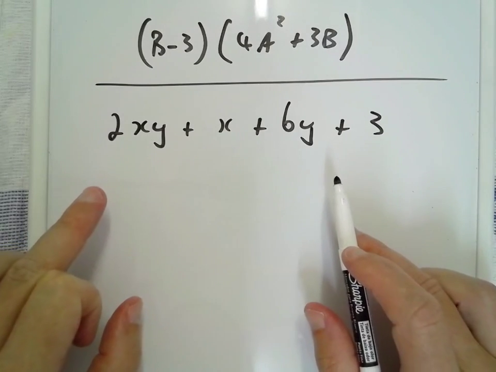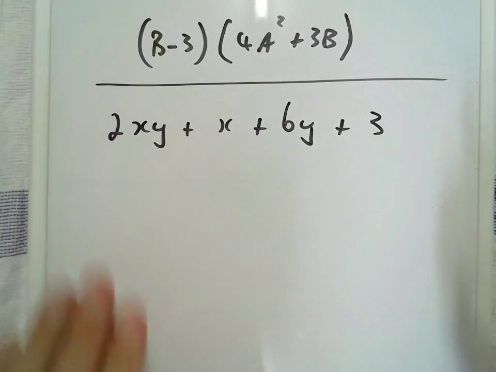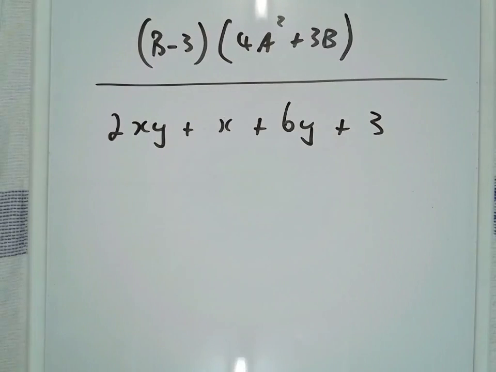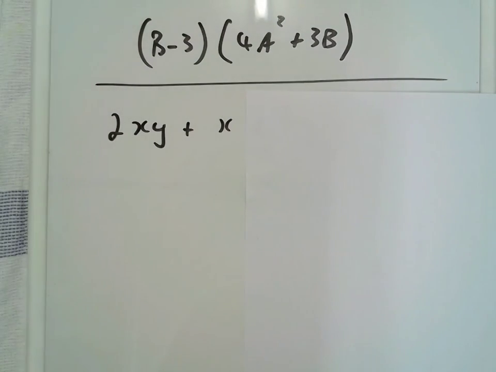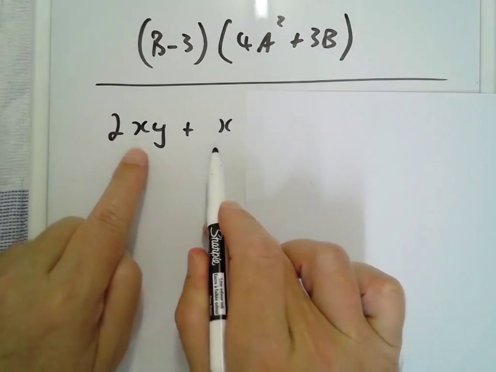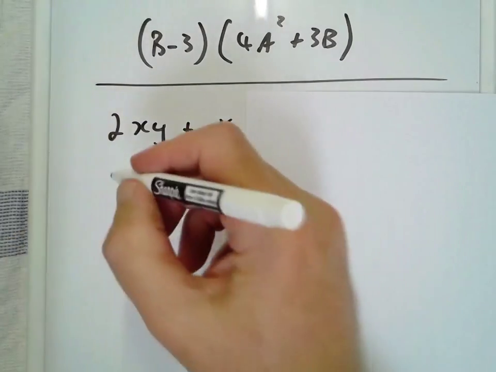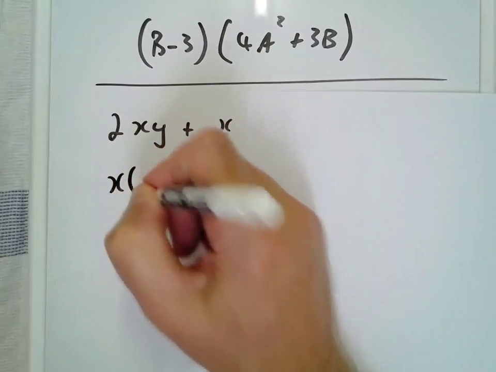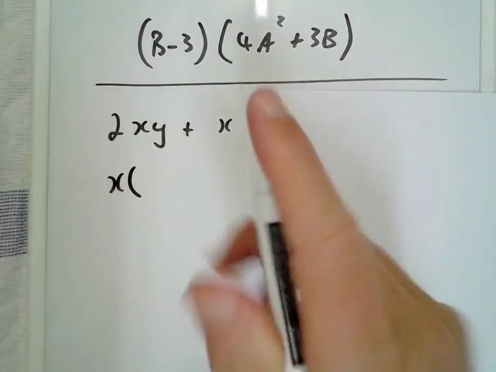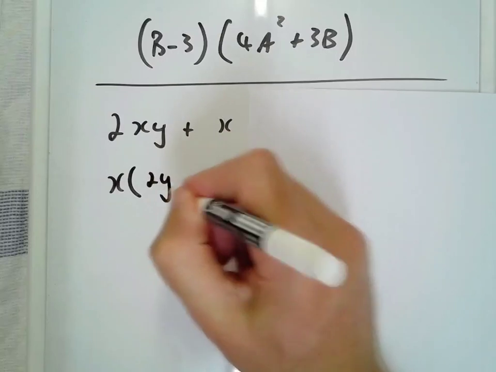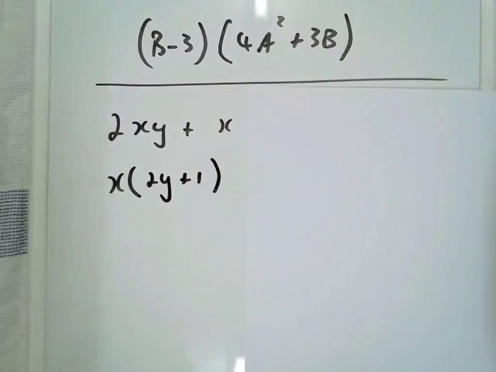So the only thing left to go is, well, if we don't have common factors in all four, we are going to ignore those last two terms and just look at these two terms and go, what's common? You can see my x is common there. And what's left over? I've got a 2y and a 1. Now,